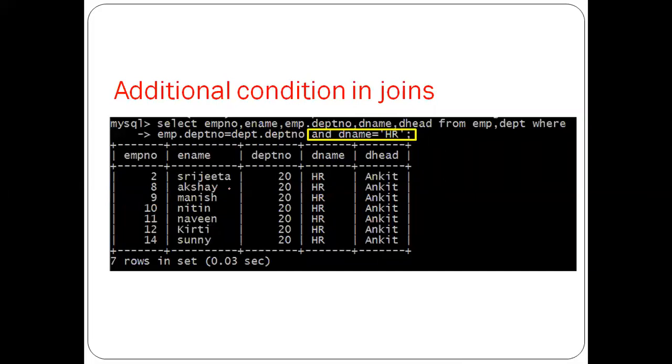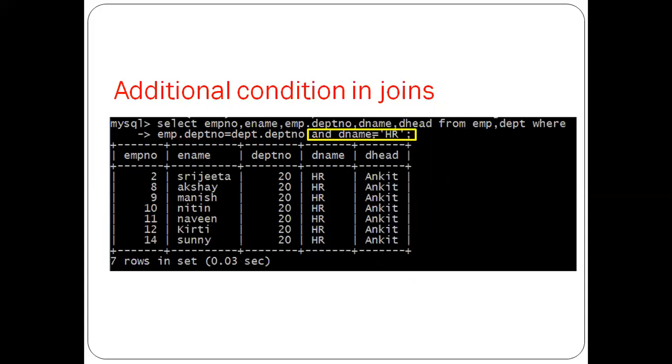So an additional condition can also be written with the join. See here, select EMP number comma ename. You are selecting employee number, ename, and from the EMP table dot, I am selecting DPT number, D name, D head, department head, from the first table EMP, second table department, where EMP dot DPT number equal DPT dot DPT number.